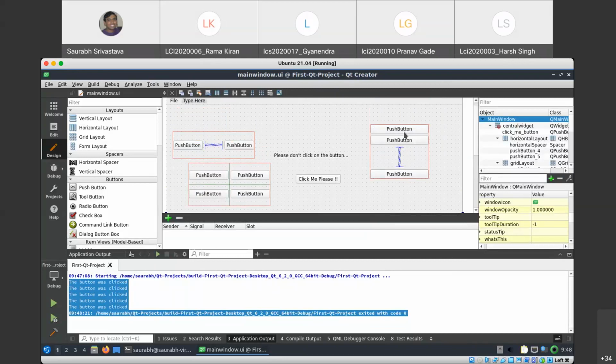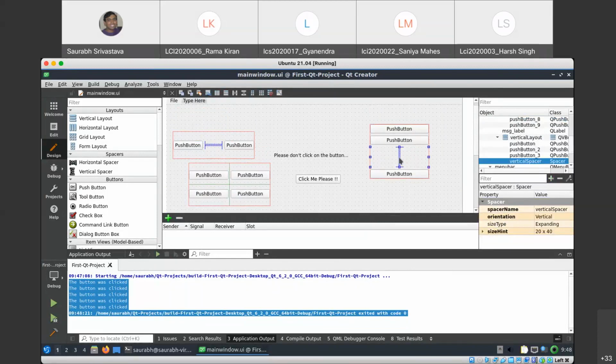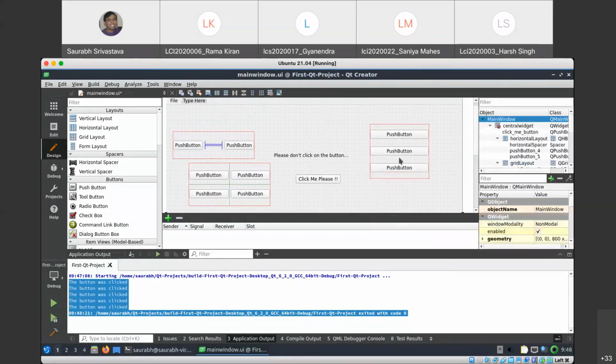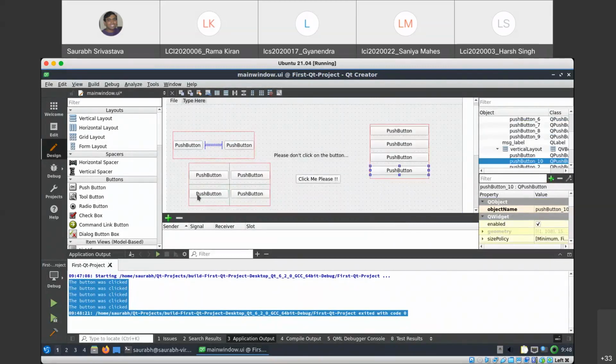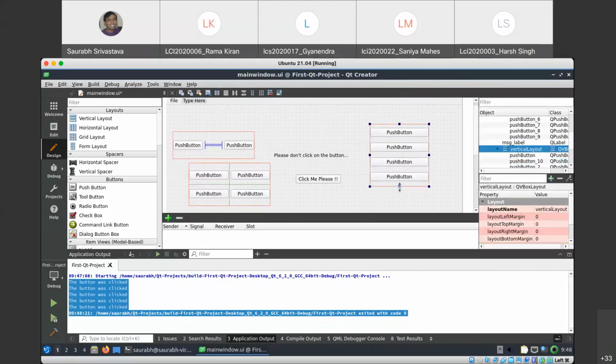In a vertical layout, whenever you add widgets, they are added in a vertical fashion, one below the other. And if you just remove this for a while, if you keep on adding more buttons to it, they'll keep on getting added in a column.